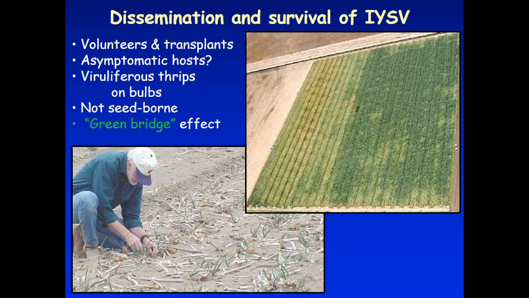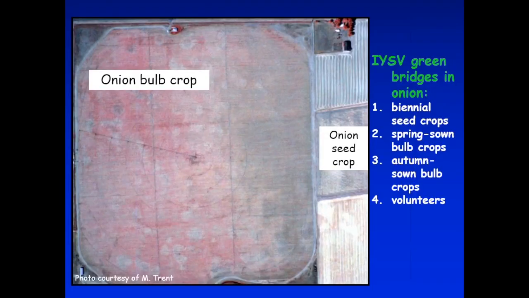This is the same virus, what you see here on this aerial infrared photo, red meaning healthy, brown is not healthy. So this was a center pivot irrigated bulb crop that was then shifted over to drip irrigation. And on the right-hand side of that image, there's a little block that says onion seed crop. That was an onion seed crop that I visited literally months before harvest, and it was severely infested with Iris yellow spot virus.